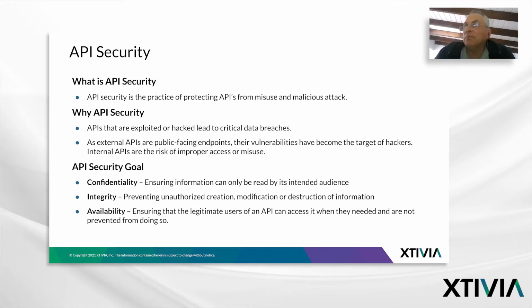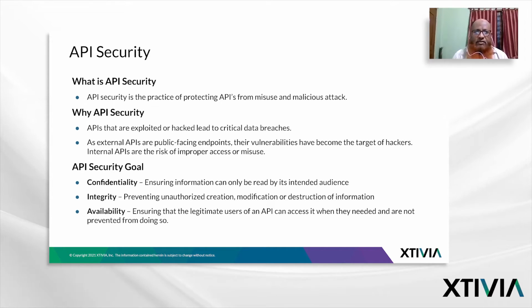But what does that mean? The need is, nowadays APIs are used everywhere, right from the mobile app, desktop app, cloud app, everywhere the API will be used to communicate from one system to another system. So the data will be transferred across the network. So this data is our asset. We need to protect it from misuse and malicious attacks. So that's the reason we need to secure APIs basically.